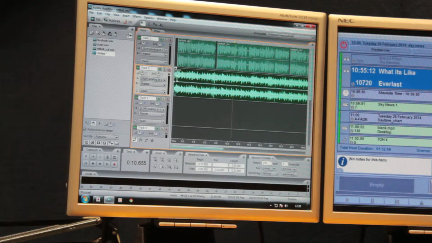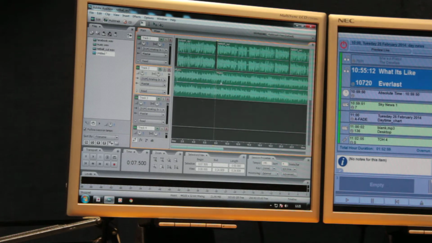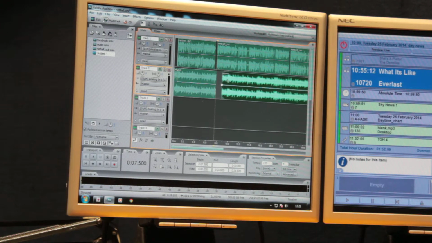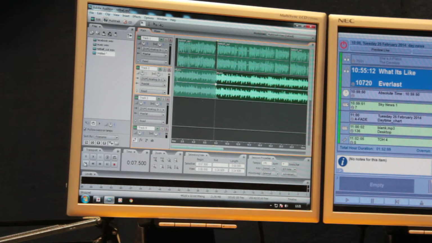You can also click in certain parts of the audio and right click and select split, which allows you to move individual elements of the audio. You'll notice here that I've adjusted the volume so it drops when the vocals start, and at the other end you'll see it fades away. So when I play the jingle,